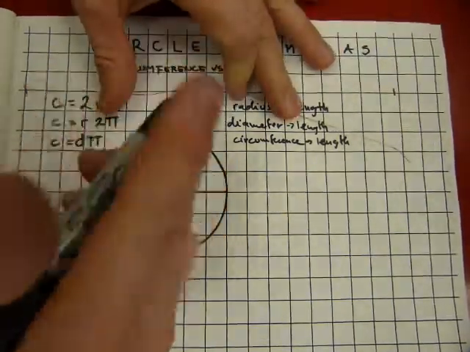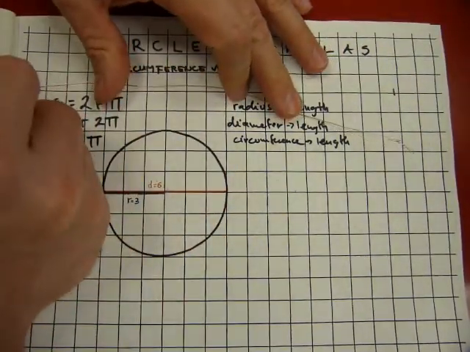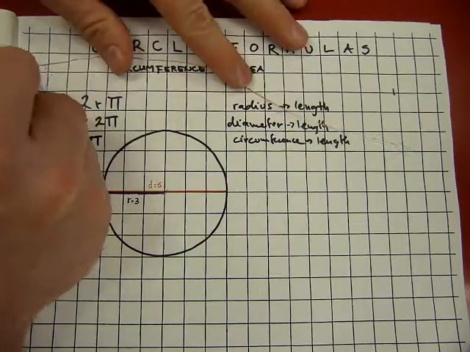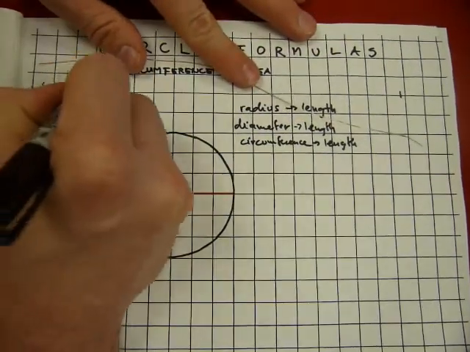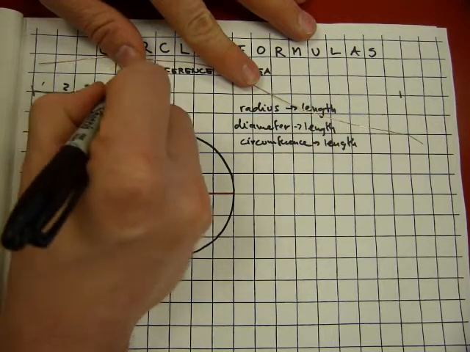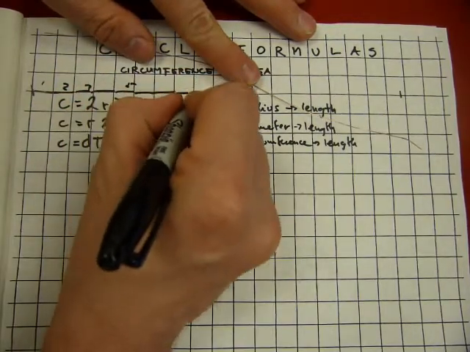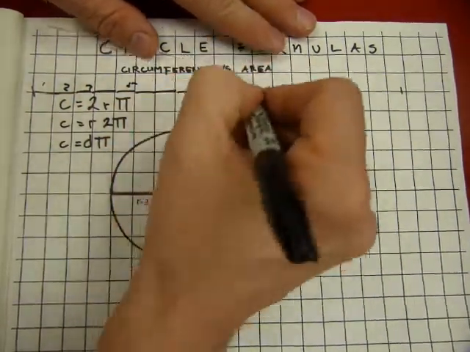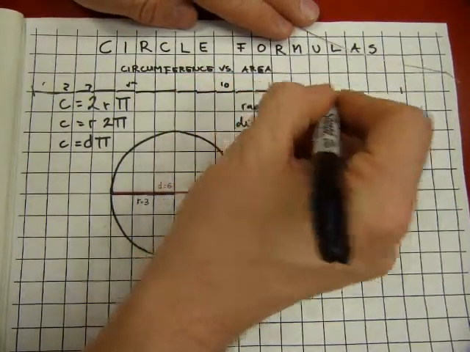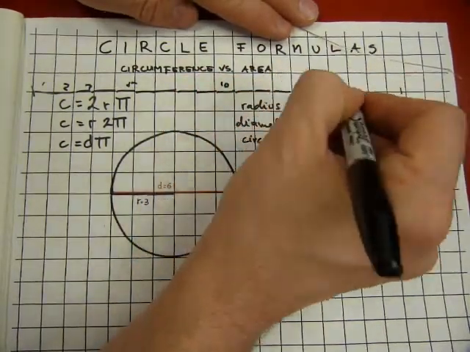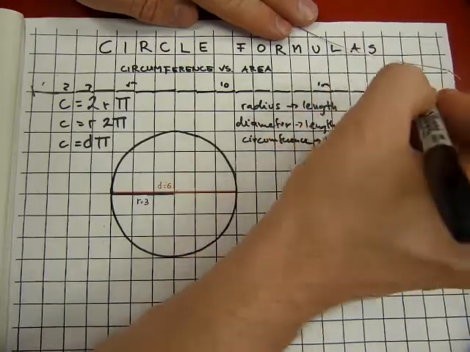And if I count the squares or the length of line here, that's 1, that's 2, and that's 3, 4, 5, 6, 7, 8, 9, 10, 11, 12, 13, 14, 15, 16, 17, 18,